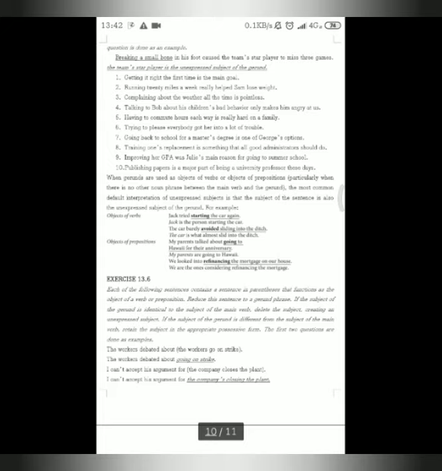Objects of prepositions. My parents talk about going to Hawaii for their vacation. My parents are going to Hawaii. We look at